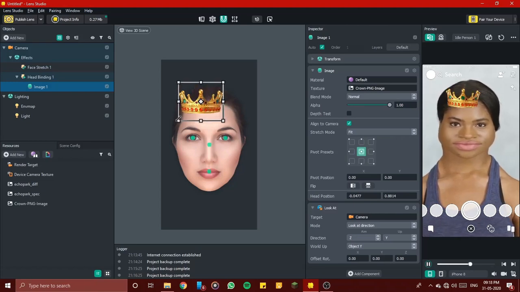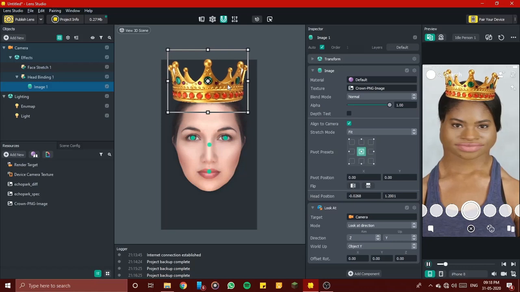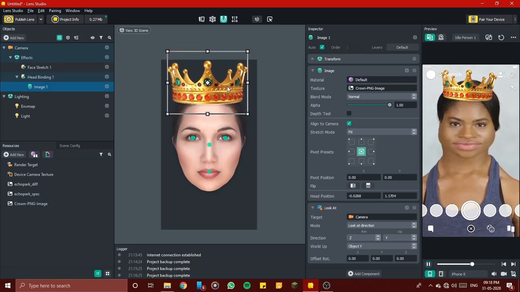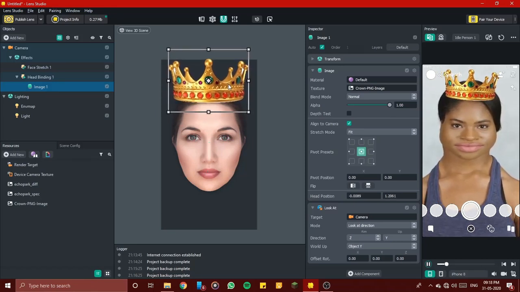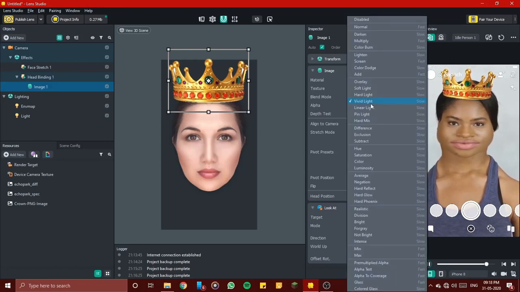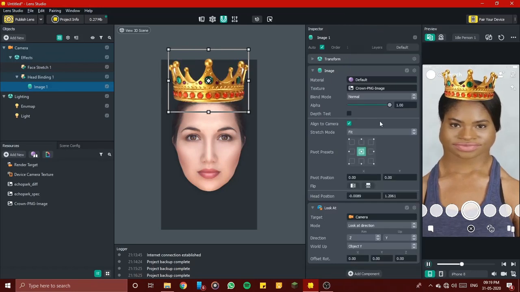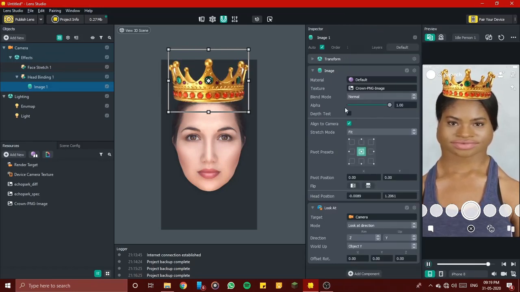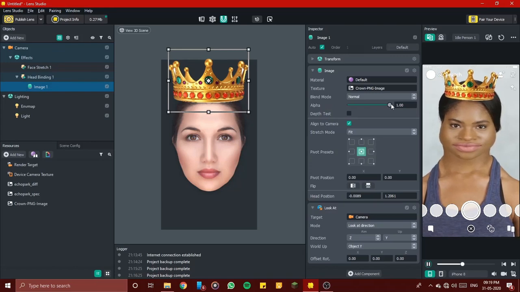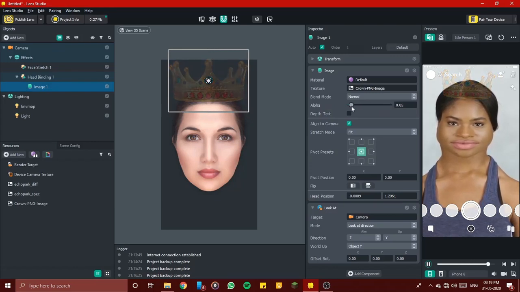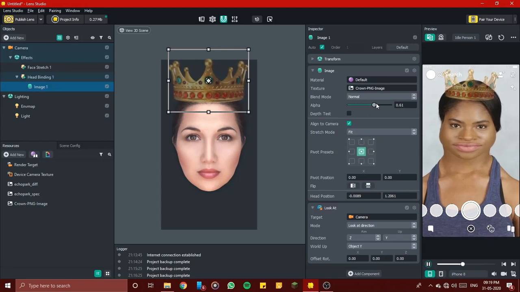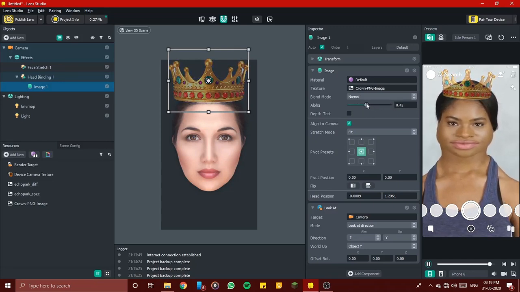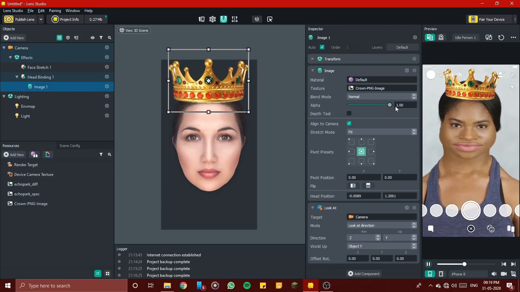So you can just resize it any way you want. And I'll explain the options one by one. So the blend mode is self-explanatory, how it blends, but we don't need to mess with that now. Just keep it normal. Alpha is the opacity of the image. Like when it is 0, it is fully transparent, and at 100 it's fully opaque. So you can control the transparency of the image.